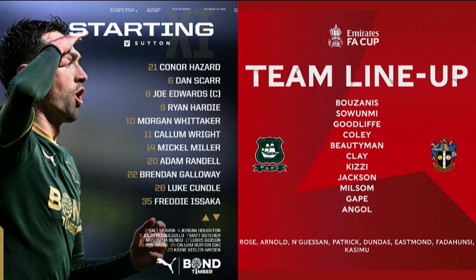Callum Wright goes off, Jordan Houghton comes on. Intent there, I think, from Argyle, certainly with Barley Mumba coming on. Not that there's been anything wrong with the contribution from Freddie Isaaca. Maybe that is just precautionary. He did take a bit of a kick there, and Jordan Houghton will just hopefully bottle things up in front of the back four. Argyle, of course, have had a little bit of a rough start to the second half,